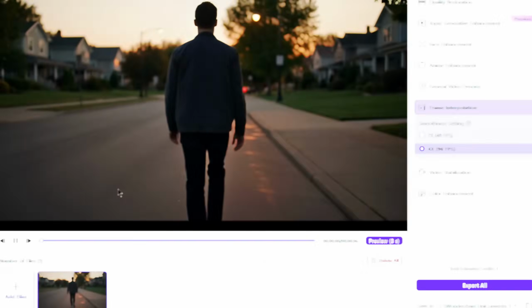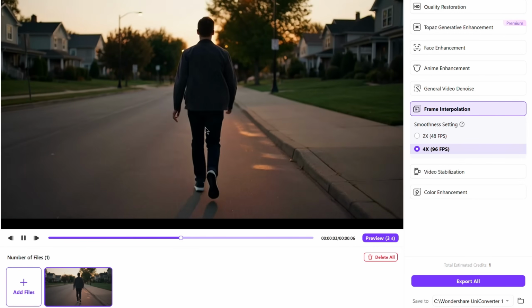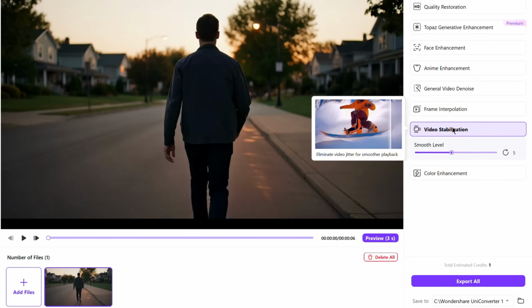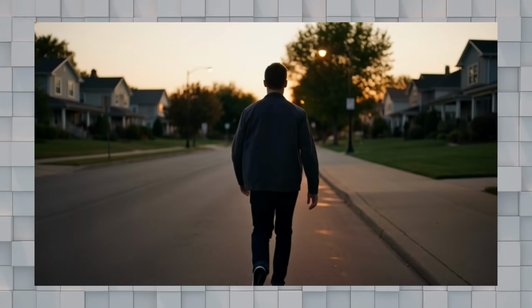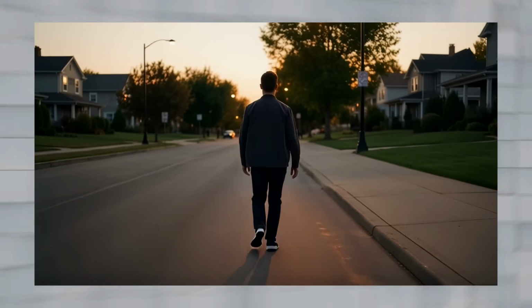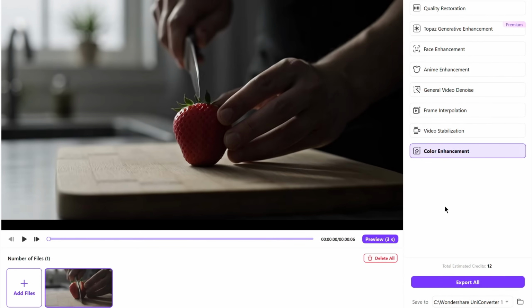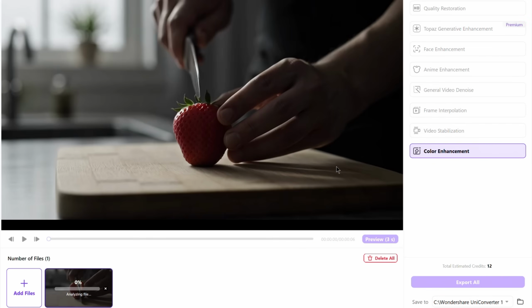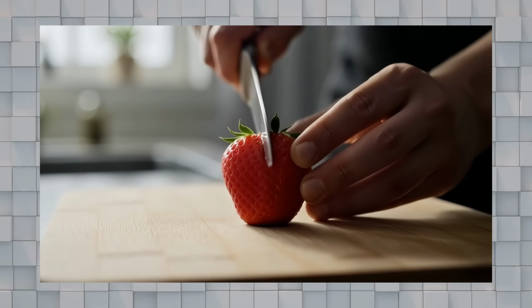Okay, stop. Is your masterpiece getting wrecked by annoying shaky movements? Time to lock it down with the video stabilization model. This dedicated tool analyzes every frame, detects unwanted shake, and smooths it out like a pro gimbal was used, without cropping too much or adding weird warping. Finally, meet the color enhancement model. This AI model automatically balances saturation, fixes dull, washed out tones, boosts vibrancy, and gives your videos that cinematic eye-catching grade